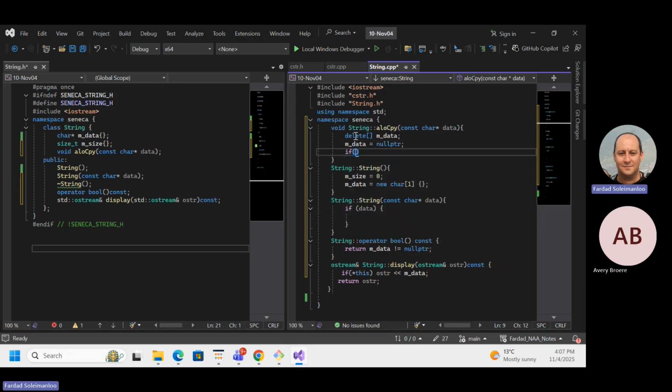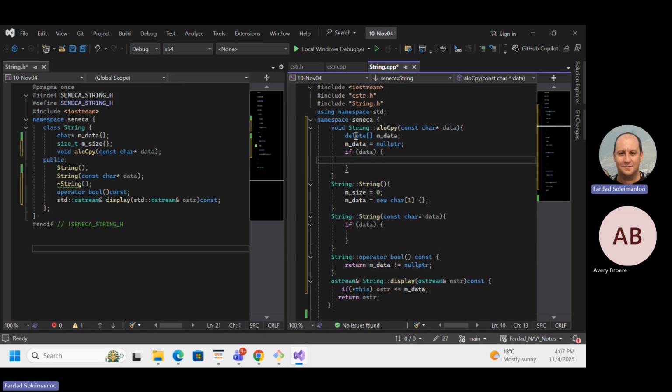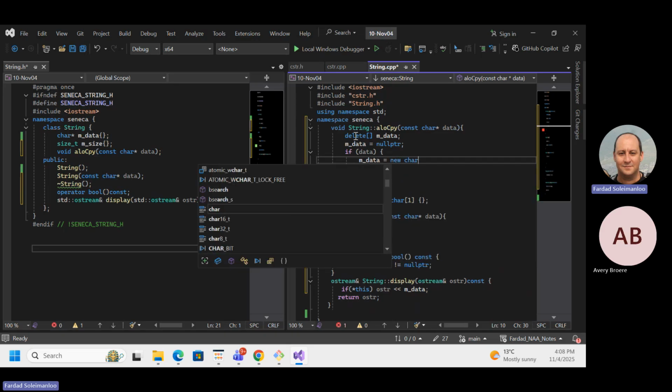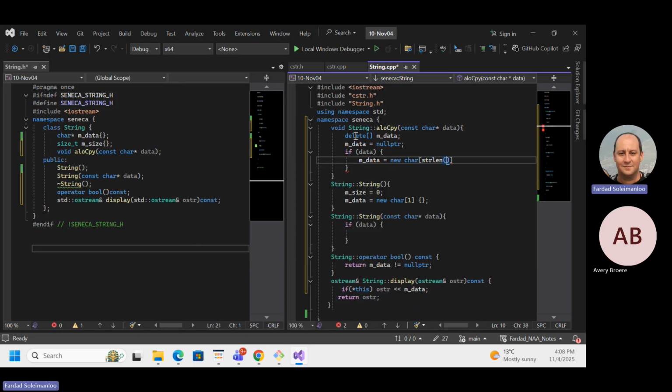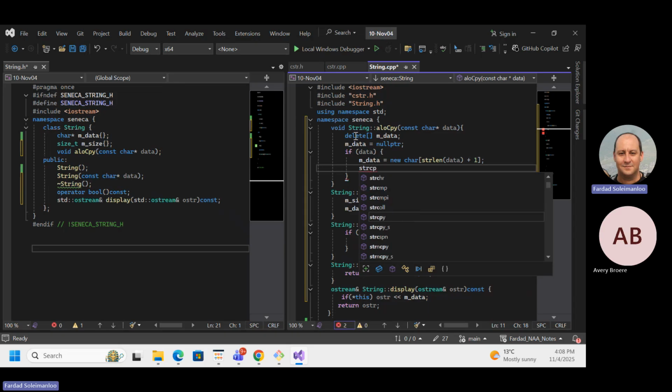Now I'm going to say if data actually has something in it, then m data will be equal to new character, and then we have strlen of data + 1, right? And then we're going to have a strcpy into it.